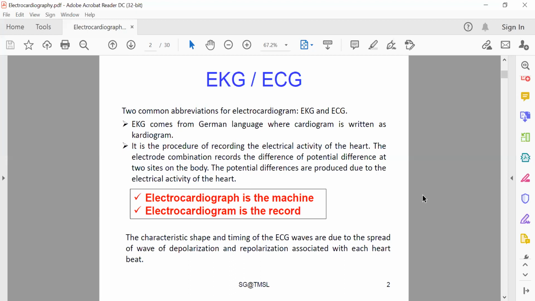Okay, so the characteristic shape and timing of the ECG wave are due to the spread of the wave of depolarization and repolarization associated with each heartbeat. Okay,